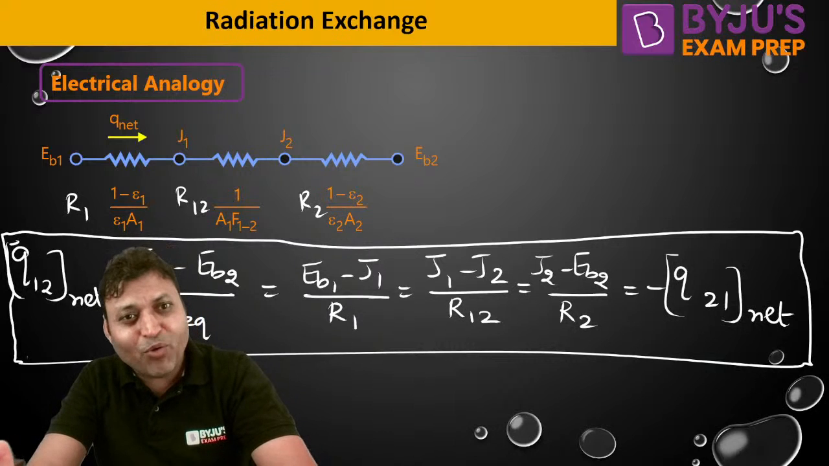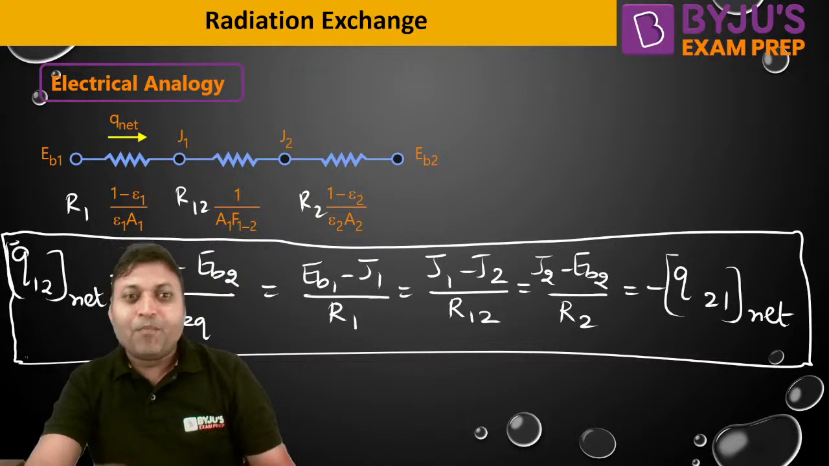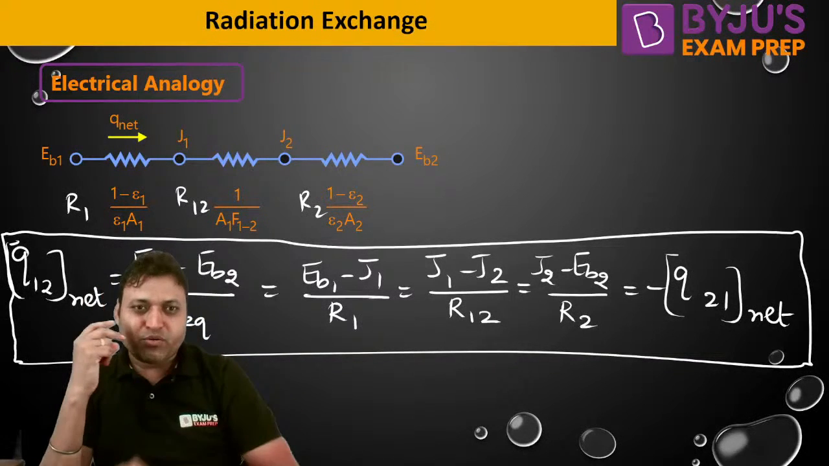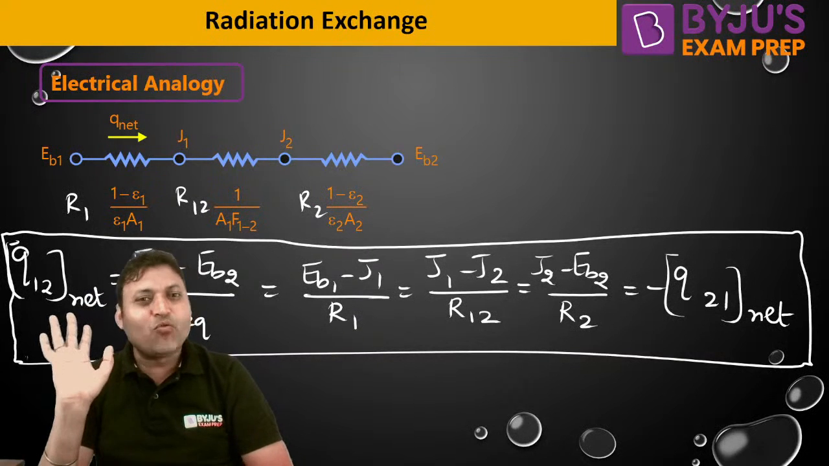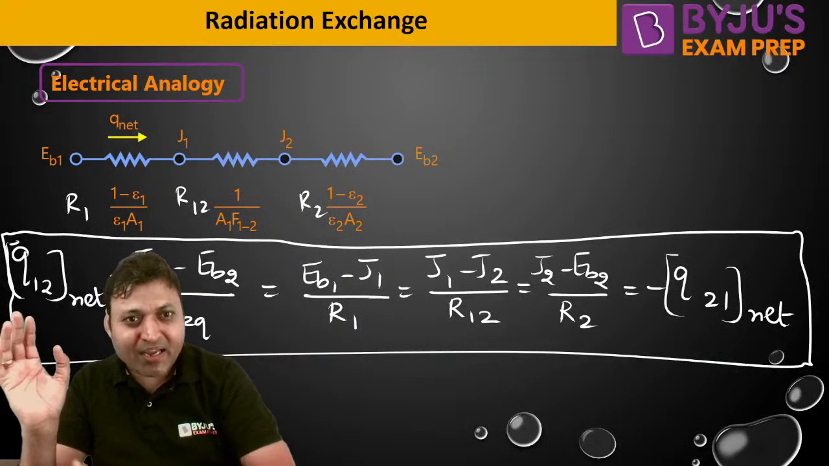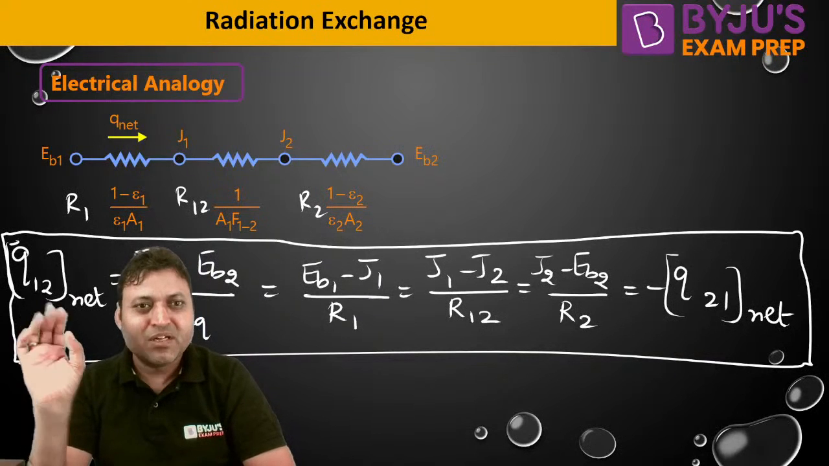So you can further modify the question, or you can further modify the analysis. If both the bodies are black, then R1, R2 will be equal to 0. Only one resistance will be there, that is R122, the space resistance. If one is black and another is non-black, then there will be two thermal resistances coming into the circuit diagram in